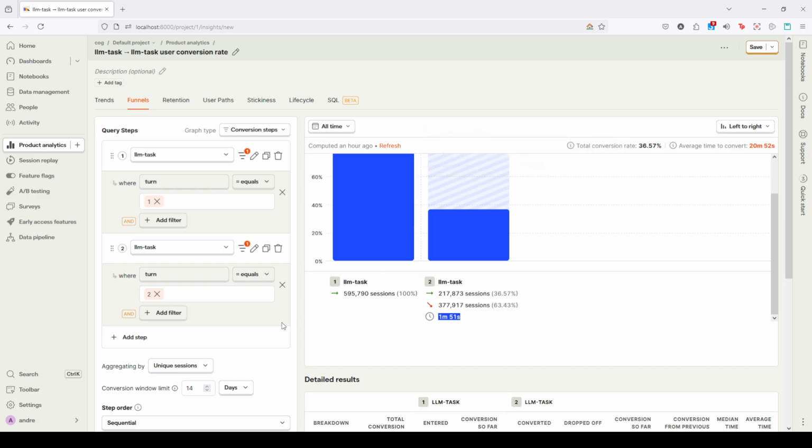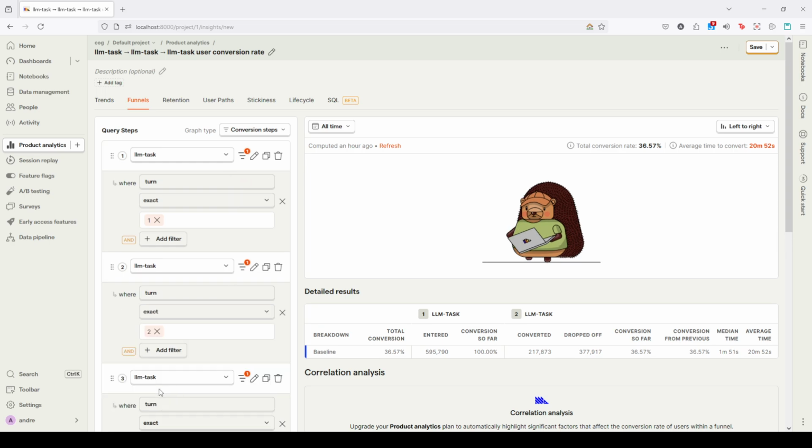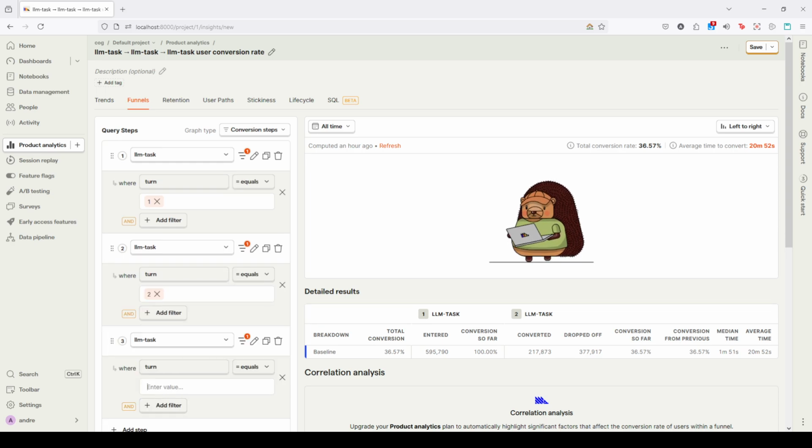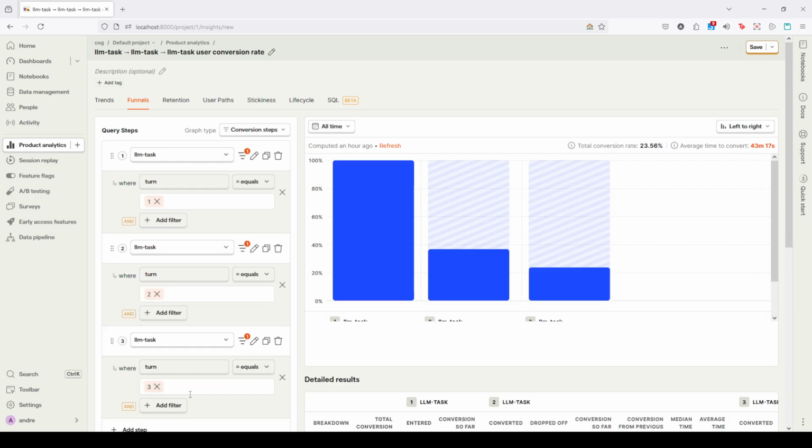Now let's add another turn here, turn number 3. So I will duplicate this again and change this to 3. Whoops, lag. Let's see. Okay, so it seems that